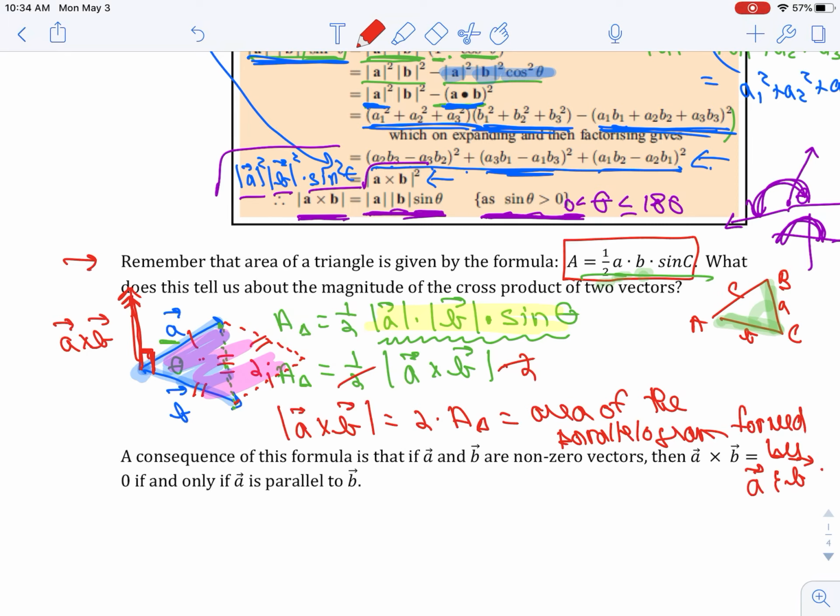So I just want to emphasize here then, when we talk about a cross product of two vectors, remember that the direction of the cross product is perpendicular to the plane that contains vectors A and B. And then the magnitude of that vector is the area of the parallelogram that's formed by those two vectors. So we'll stop